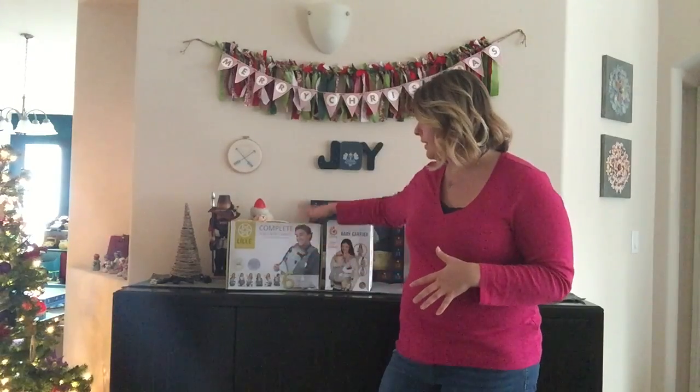So when I post pictures on my Instagram or Facebook feed, I get a lot of questions because most of my soft structure carrier pictures are with the lillebaby. It's the carrier, the lillebaby Complete. It's the carrier that works best for my family, but it wasn't my first carrier. I had an Ergo, I've had a Beco, I've had a Boba, I've tried them all,